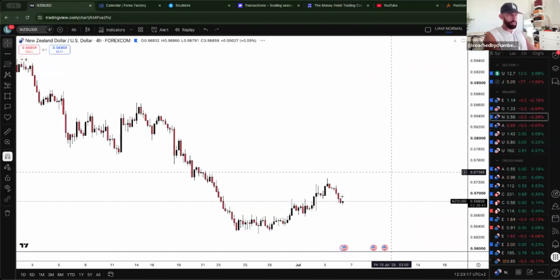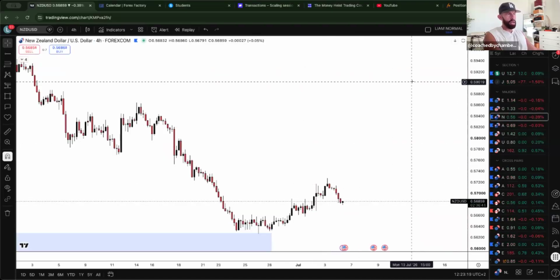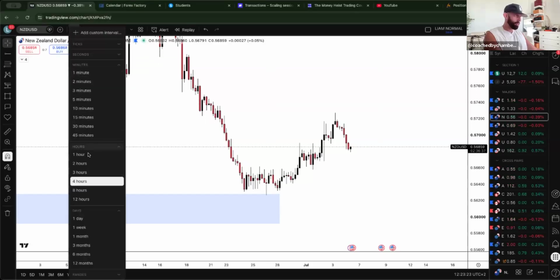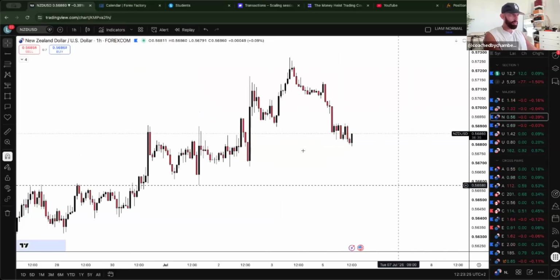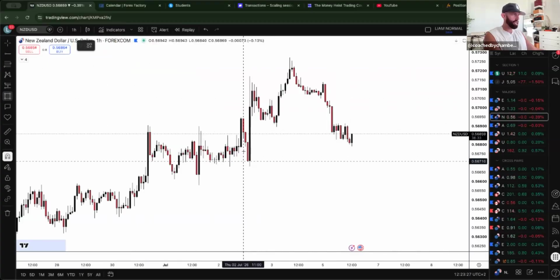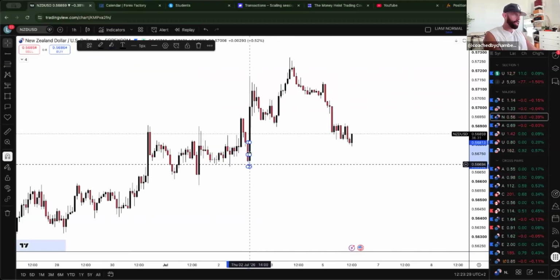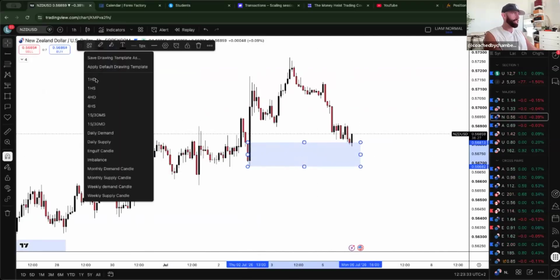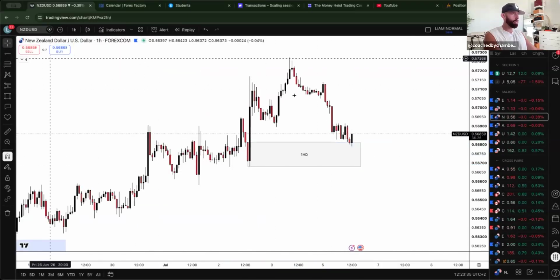Then of course NZDUSD is going to carry on longing, but I just don't really like the look of much. If we jump down to the 1 hour, can we see anything different? Well, we can see that we have this 1 hour demand area here, and that 1 hour demand area aligns with the 1 hour supply area with the US dollar. But the same again, you'd have to have some sort of confirmation.